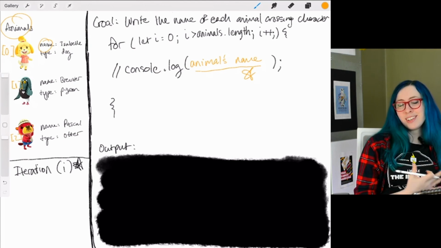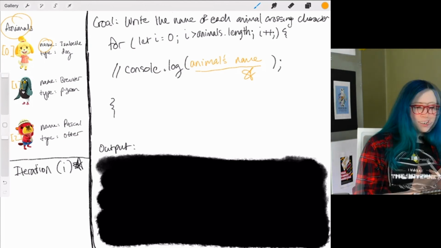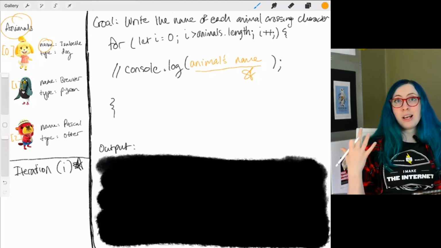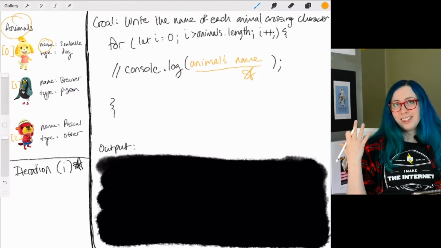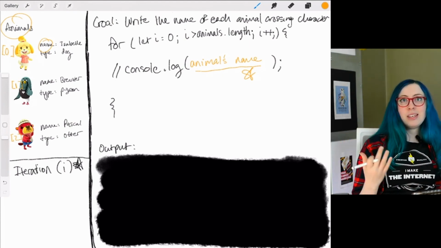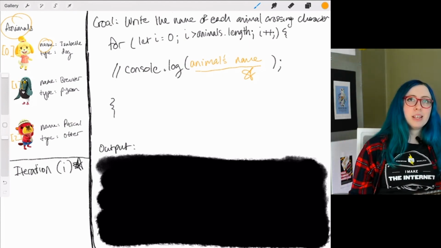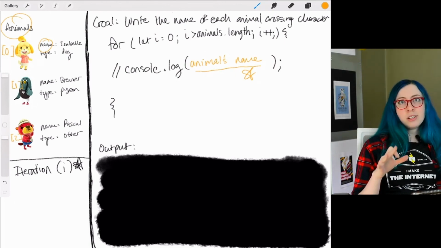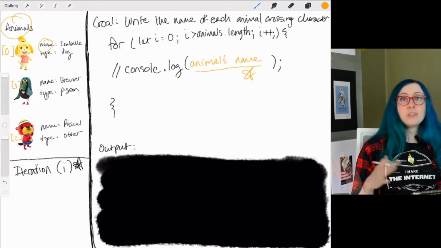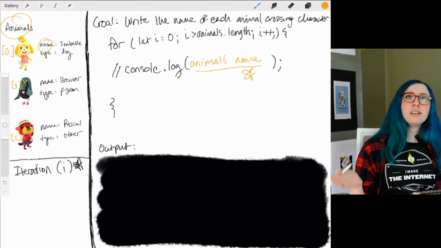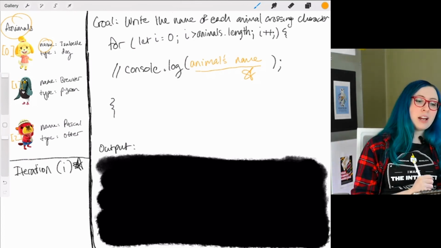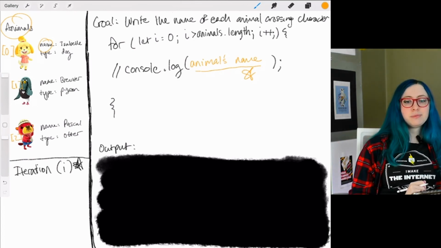Is this starting to look familiar? Are you starting to see why our iteration I might be really helpful here? How could we get to an animal's name using this information? Pause here if you want. Go take a look at arrays and maybe do some Googling about how to get to a specific place in an array and see if you can figure this out. All right,